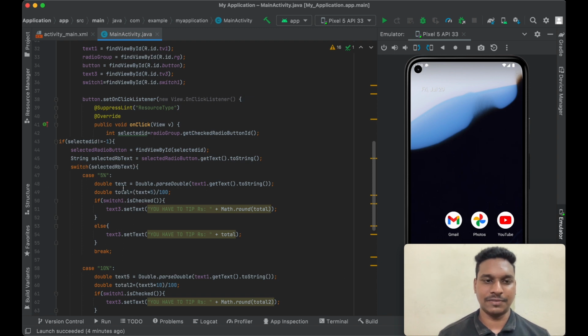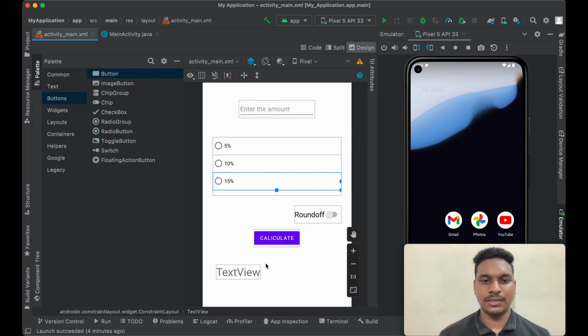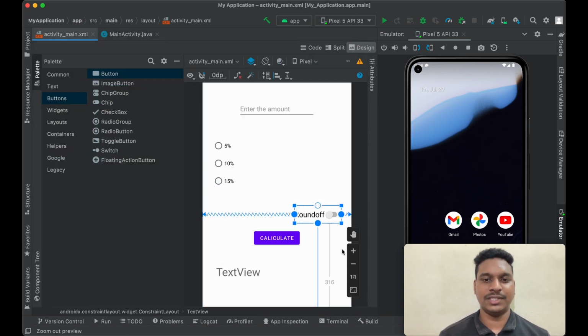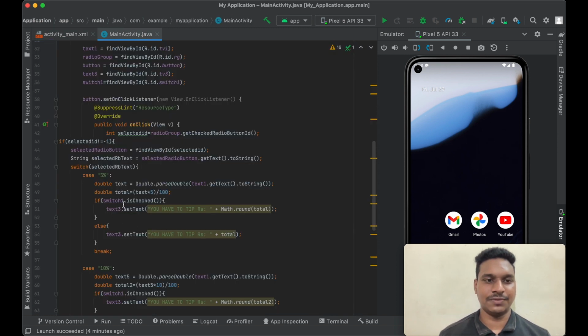So whatever the input is given, this value into 5 by 100. So we are calculating percentage here. Text percentage, text into 5 divided by 100. This is a mathematical formula. And now we are checking for the round off. If switch 1, so this switch has the id of switch 1. So if this switch is on, so if switch 1 dot is checked, that is on,